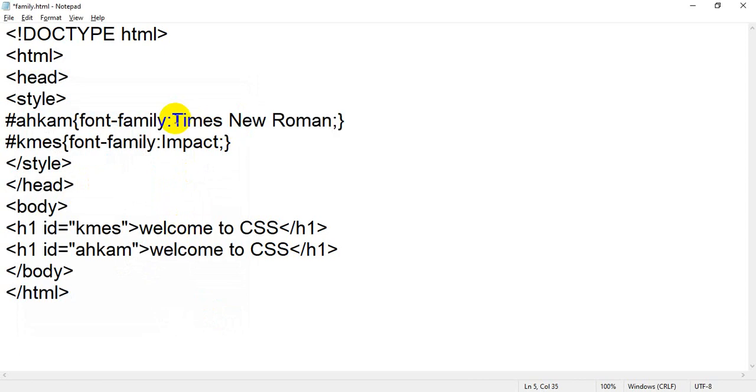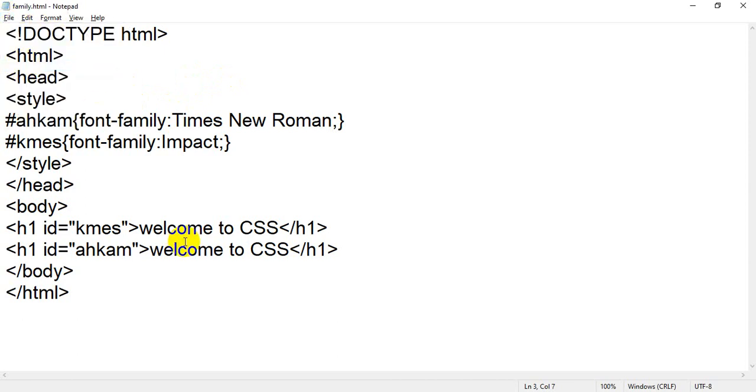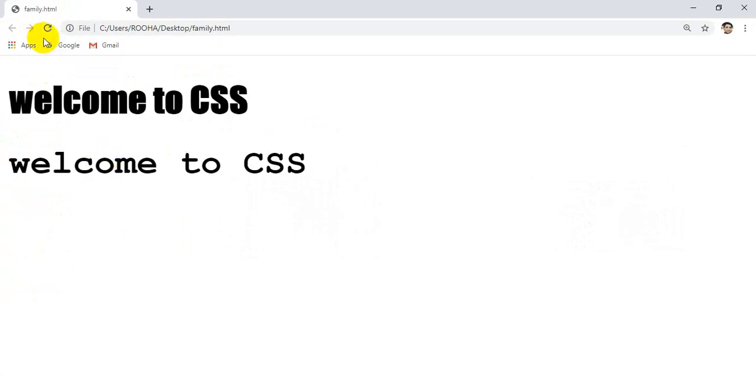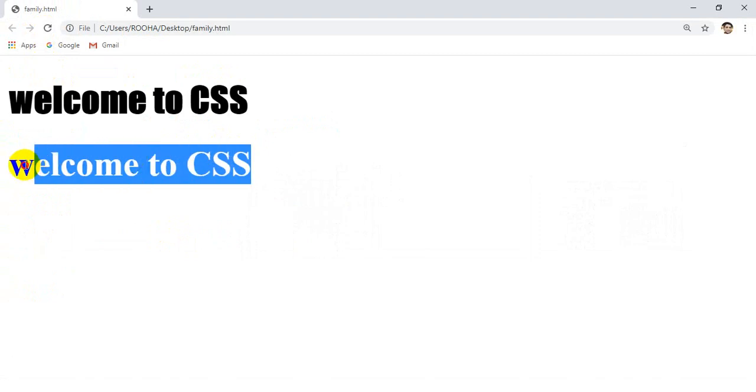Control V. Okay, so I will save it and go back to my browser. I will refresh. Is it Times New Roman? Is it Times New Roman? No, it's the default.